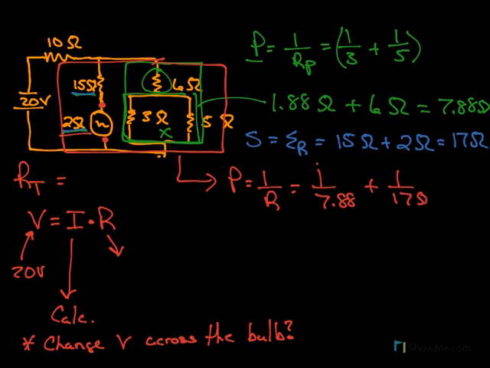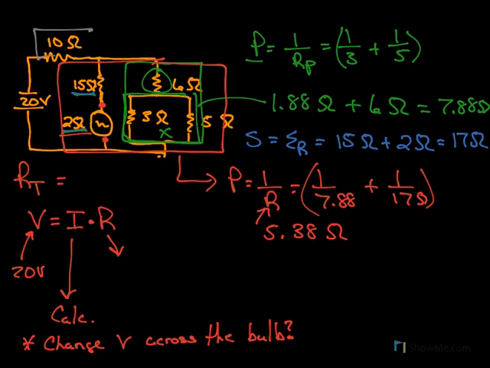And then I'm going to take the value and take the inverse of that, and I should get something like 5.38 ohms of resistance